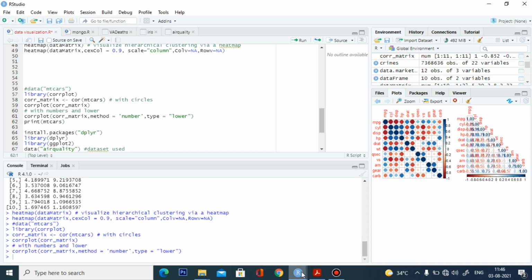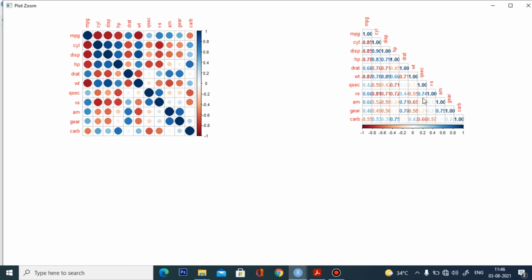Okay. So this is the same as it will show in numbers. Okay. The strong positive correlation is in dark color and it's having a high value of 1. The negative correlation is having the red and dark color. Okay. So here this is having a strong negative correlation between the two variables. So based on this we can easily get the relation between the two variables by using the correlogram map.